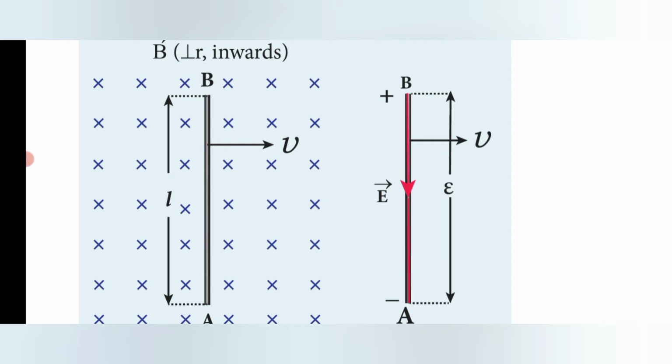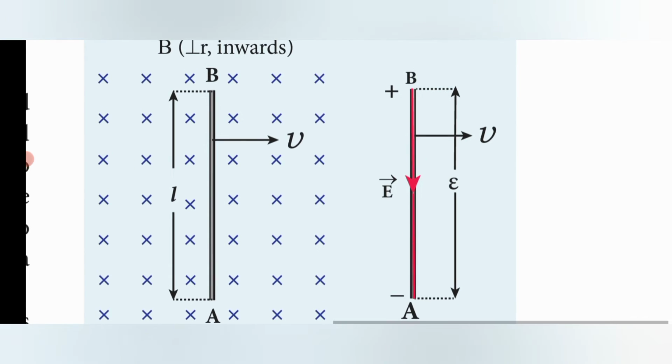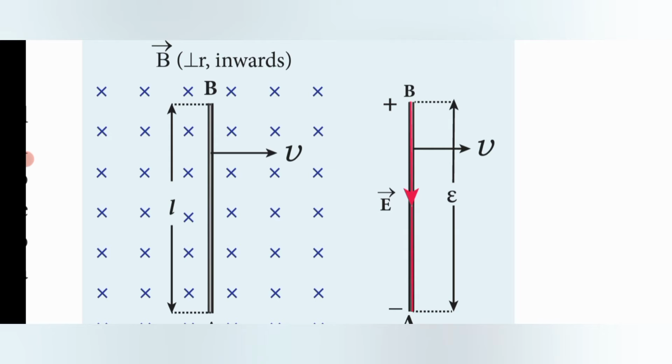Because of this, a force is there. The magnetic Lorentz force is applied, and because of this, an electric force is also produced due to the EMF produced in the rod. We have to equate the two force values, the magnetic force and the electric force, and find the potential difference. What is the amount of EMF produced here? Let's see the derivation now.